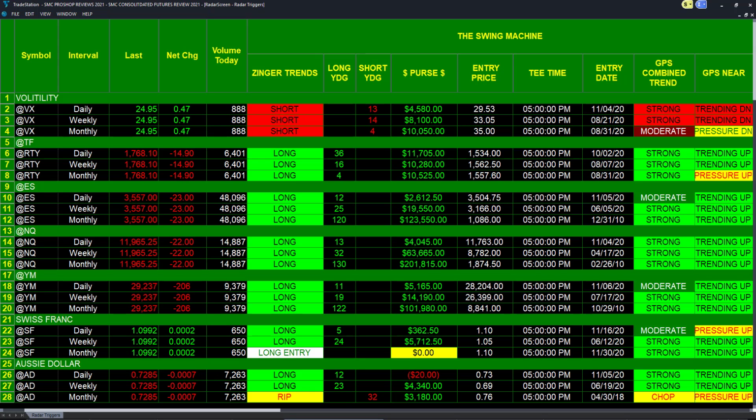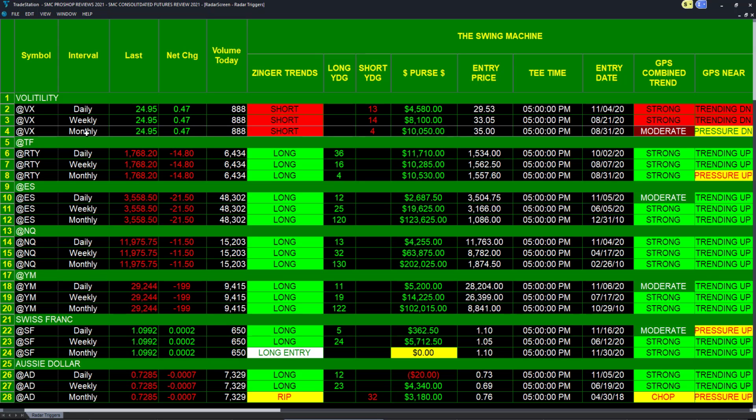So let's go ahead and take a look and run through. Let me just explain to you the columns, and then you can see the markets for what they are. So the first thing is, let's use the volatility, for instance. We like to lead with volatility. We have the VIX futures. We have a daily, weekly, and a monthly interval here. Now, whether it be volatility, whether it be the Russell 2000, whether it be a stock, you get to choose the instrument and you get to choose the interval that you want to look at it.